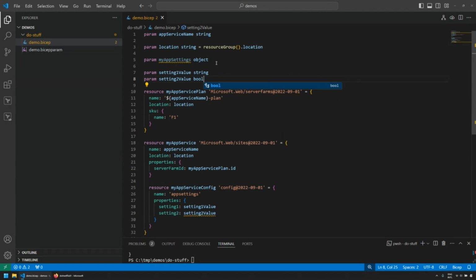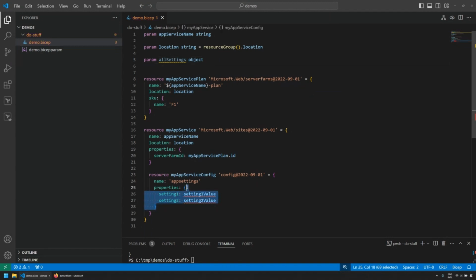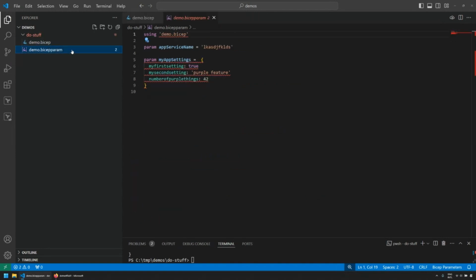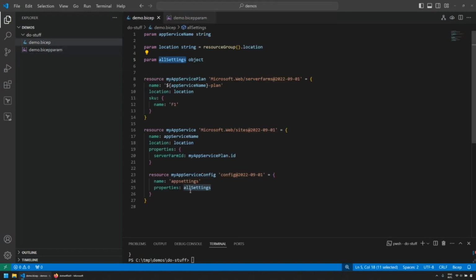So then a developer that's on the height of, I'm going to show you how smart I am, is going to say, well, what if we just create a parameter? We're going to call it all settings, make it type object, and do this. And then I go to my parameter file, which will now have an error, and I say all settings equals, and then I put my settings here. And this works very well if you are one of few developers working on that infrastructure that is very familiar with what are valid keys for this object.